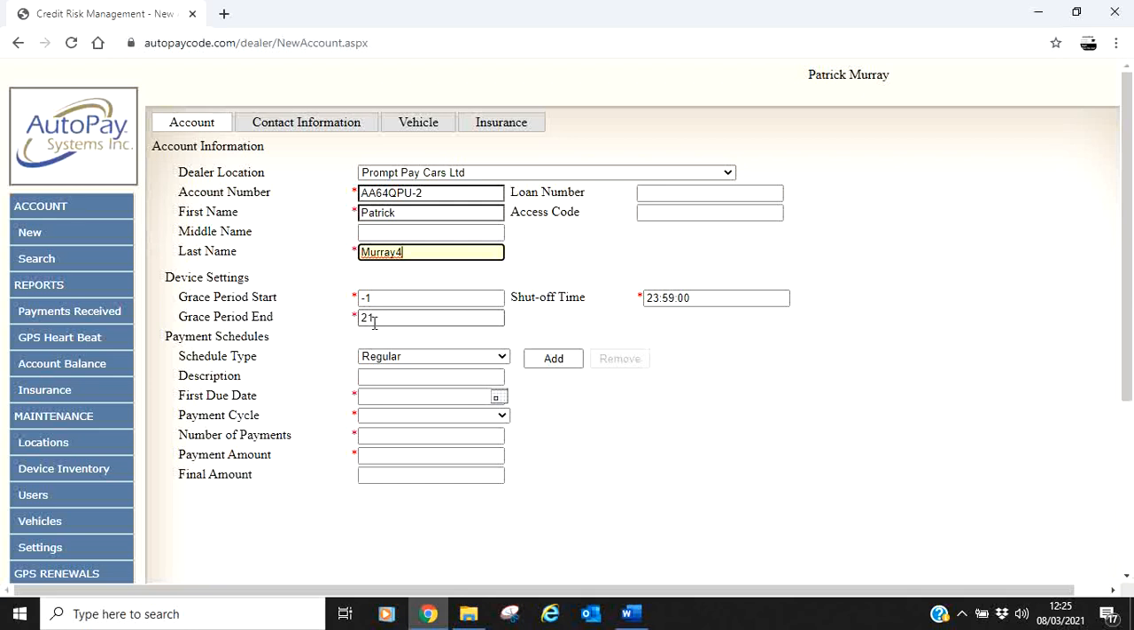If you reduce that period from 21 to say 4, then it basically means that car will cut out 4 days from today. So we'll leave that in place. Shut off time, it says here 23:59. You can do that. I personally extend that to sort of 0400, and the reason that I do that is because what I actually want to do, let's just put this in properly,